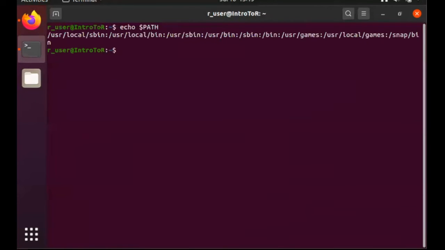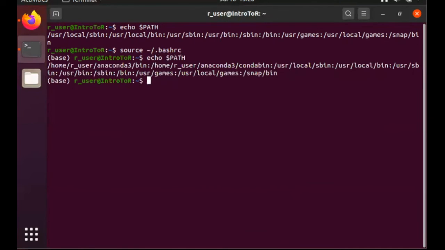we see that there are no directories here that include the Anaconda directory we've just installed. And that's because we haven't opened a new shell or logged out and logged back in. Since we're using the same shell here, I'm simply going to source my bashrc file, and that's going to refresh my path to changes made by the Anaconda installation. And so now if I echo path again, you'll see that now the Anaconda directories appear here at the beginning